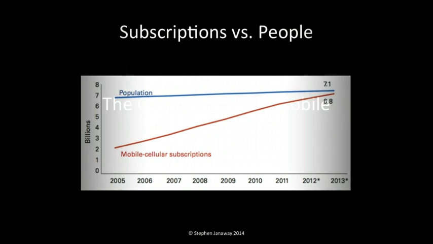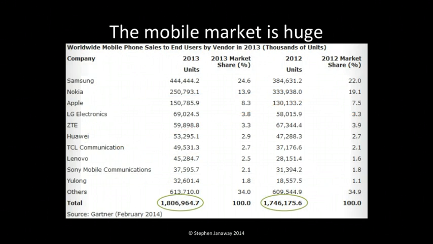So, let's have a little think now about the current state of where we are in the world of mobile, because this really impacts how we go about testing. There are a lot of mobile cellular subscriptions, as you can see here. We're up at almost the number of people on the planet, which is kind of interesting: 6.8 billion, probably a little bit more since this stat was taken. So there are mobile devices and mobile subscriptions everywhere. It's huge. And 1.8 billion devices shipped last year.